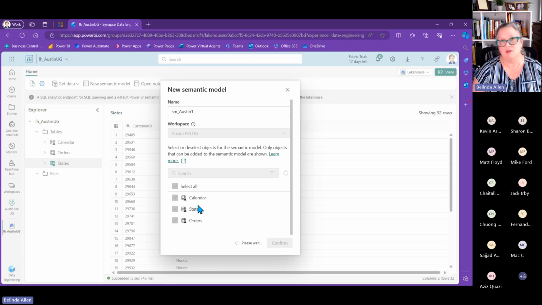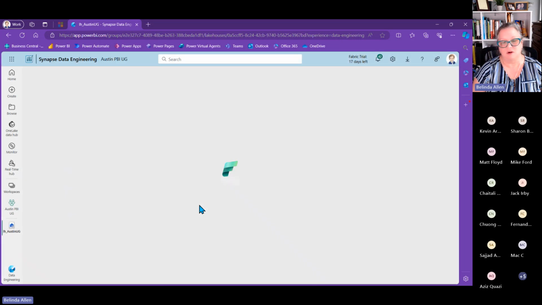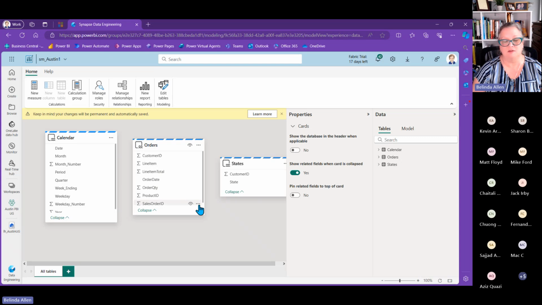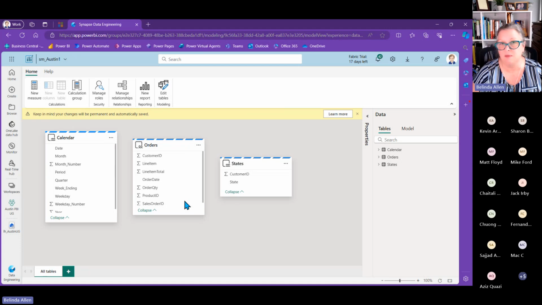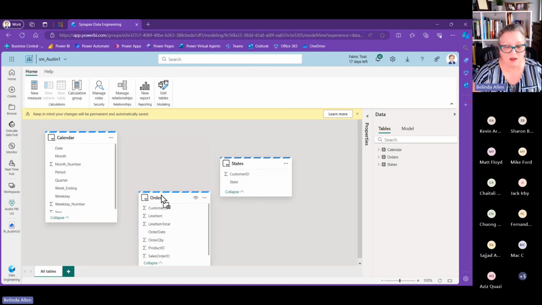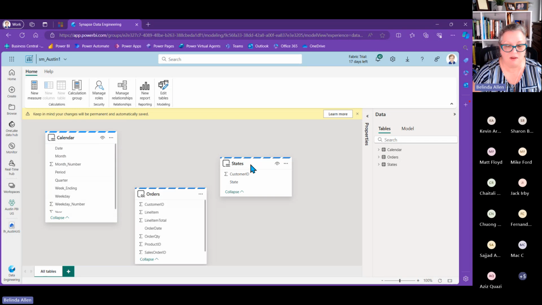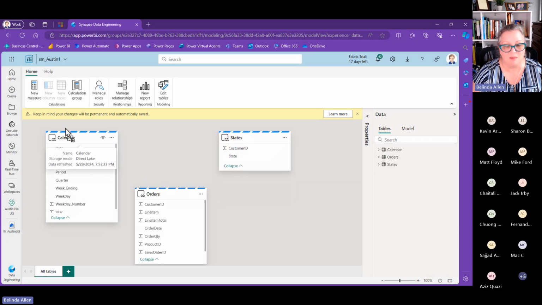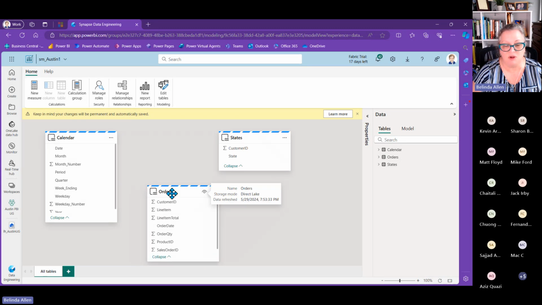This is also another great way of minimizing your modeling effort. You could do a lot of things in Dataflow to clean things up, but you can leave some of the tables out. So you can see this looks very much like the modeling page inside of Power BI. So I am one of those people in the star schema. I don't know if Donald came back, but I put all my dimensions at the top and I put my fact table at the bottom.